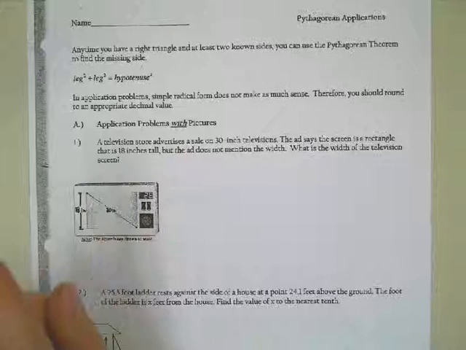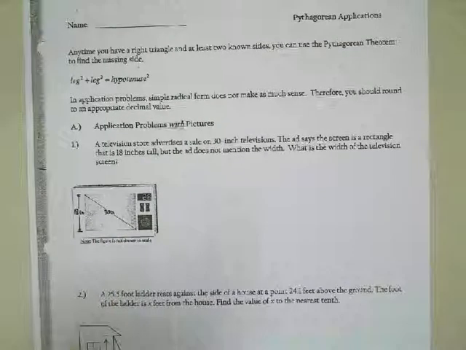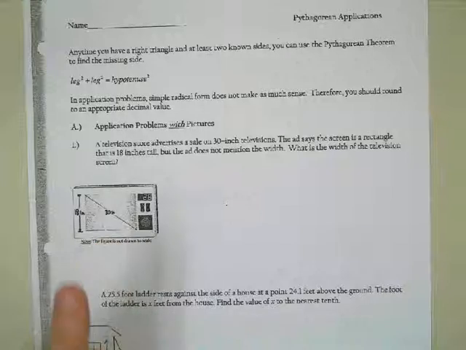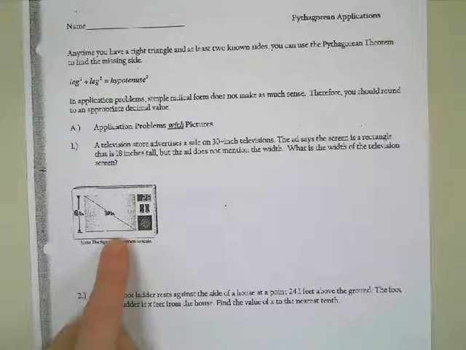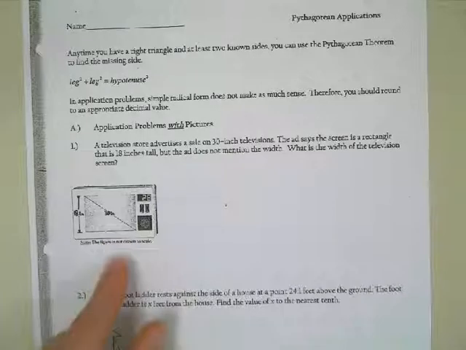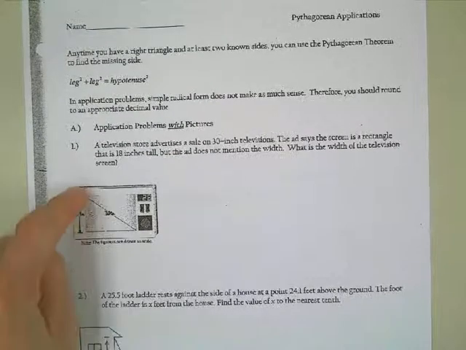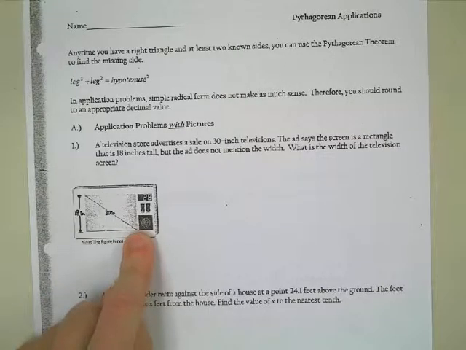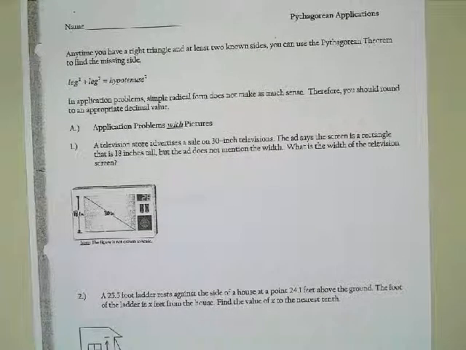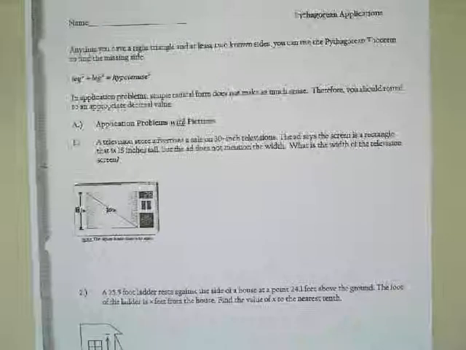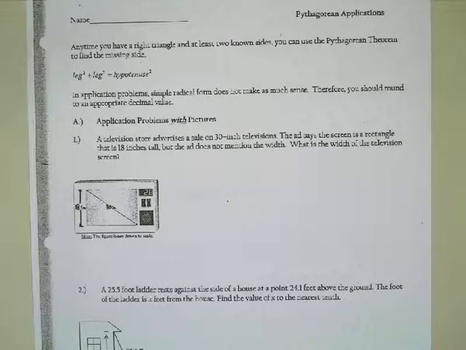The reason I like this one is because I don't know if you guys knew this, but when you go and buy a 30-inch television, it is not 30 inches tall. It is not 30 inches wide. The 30 inches is the diagonal. I always thought, oh, 30-inch television, that means it's probably 30 inches wide. No, it is 30 inches diagonal. So, if you do go in and buy a 30-inch television,